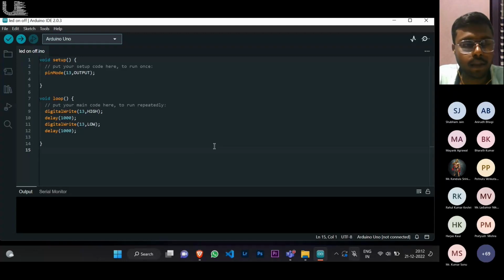When you press the reset button, the power is switched off and switched on. At that time, again the setup block executes once, and the loop block then continues to execute an infinite number of times. Here it already comes preloaded with very simple code. In the setup function, first of all, we demarcate the pin mode as input or output with the help of the function pinMode. The first argument is the number of the pin, the 13th pin. The second argument,